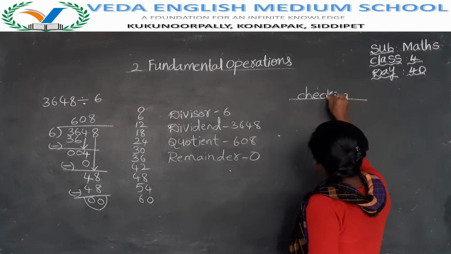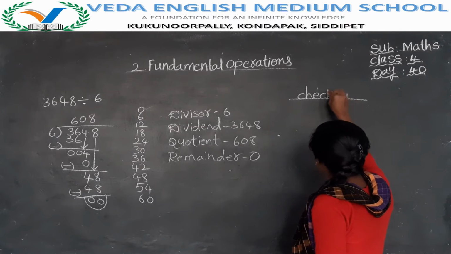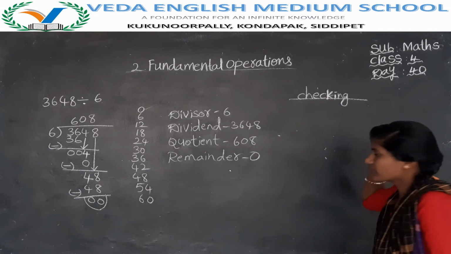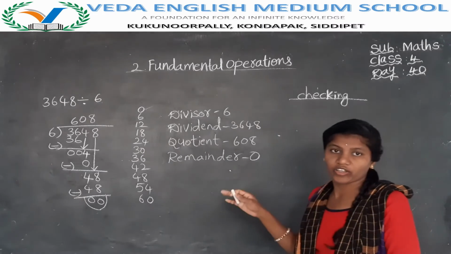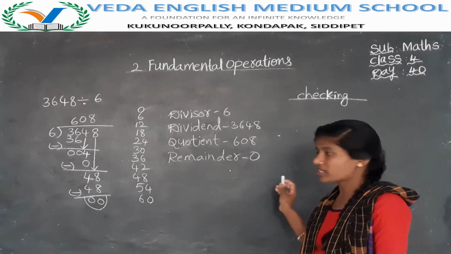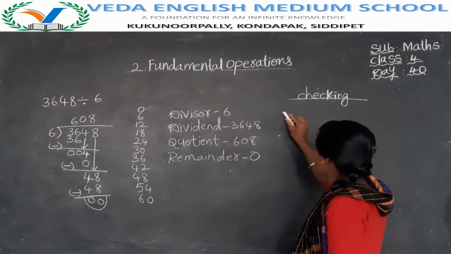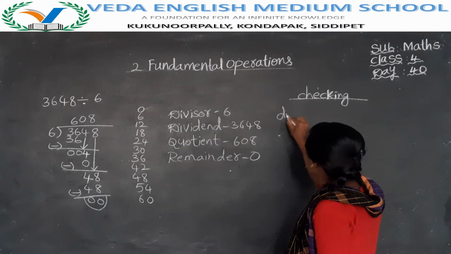C-H-E-C-K-I-N-G. Checking for division. Now for this division we have to check. To know whether our division is correct or wrong, how to check the division? To check the division we have one formula, that is dividend is equal to